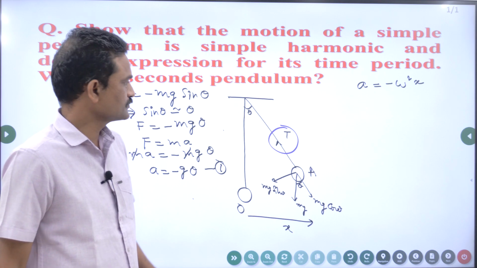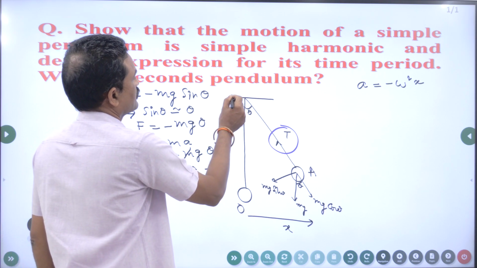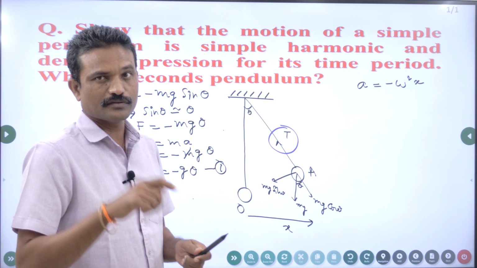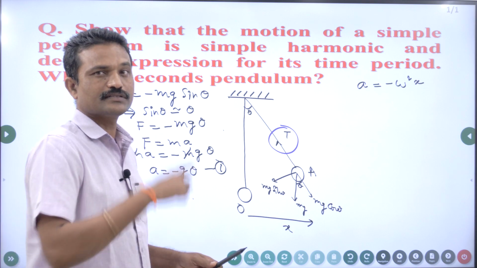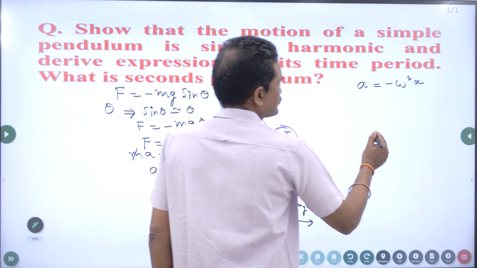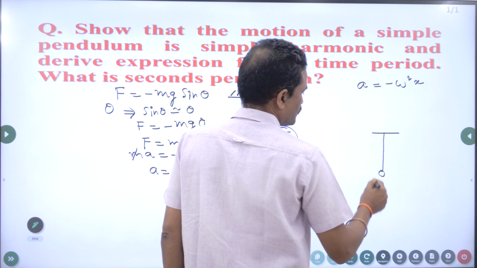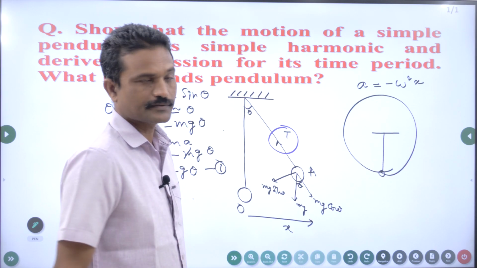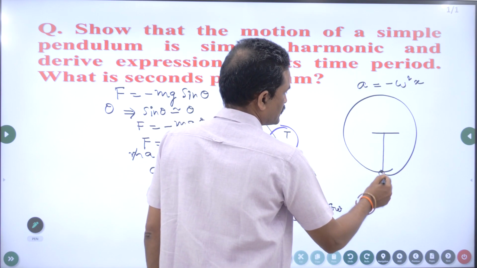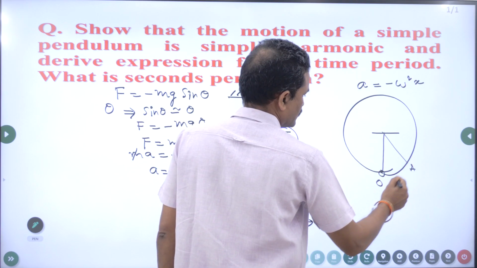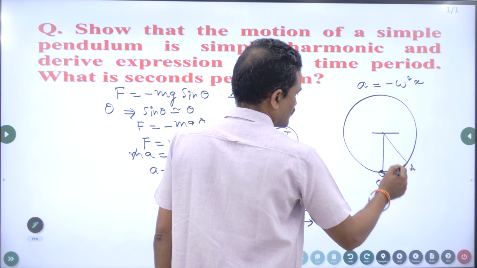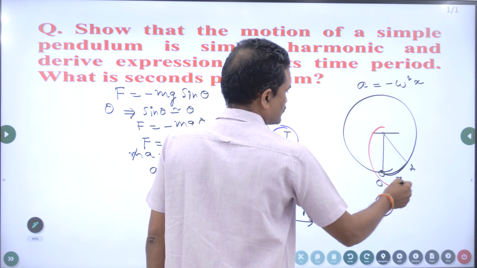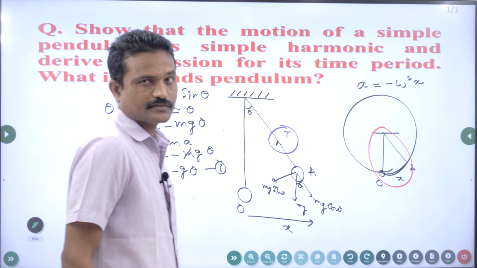That is my aim. So this is nothing but a simple thread. You take a thread and you tie a small stone, you can whirl it. Then it makes a circle. This is the bob. If I whirl it vertically, then it makes a circle. Now this is point O and this is point A. The distance between them is nothing but x. So this can be considered as the sector. This is called the sector of a circle.